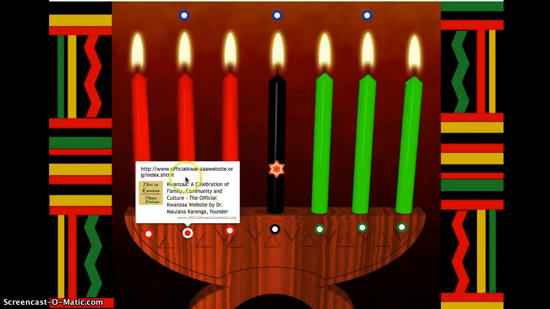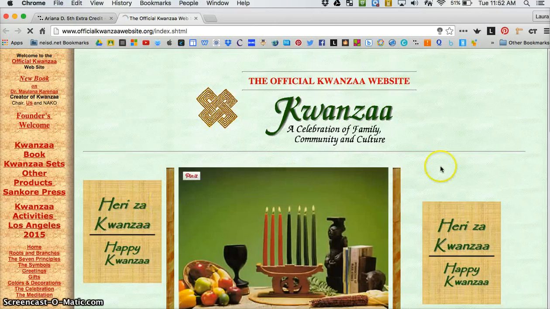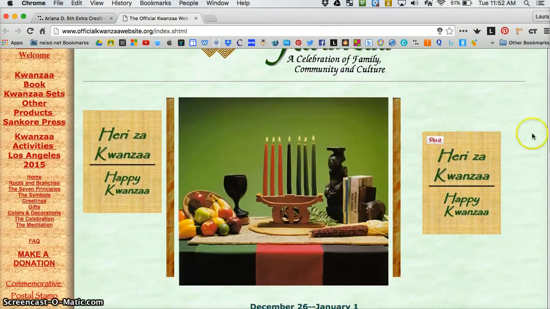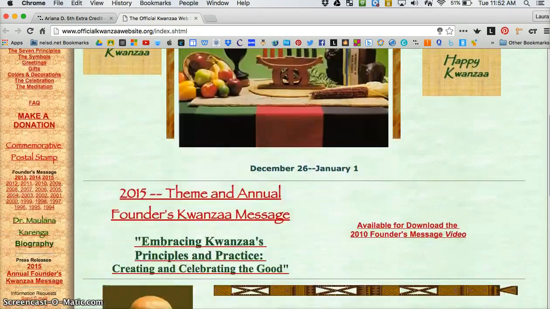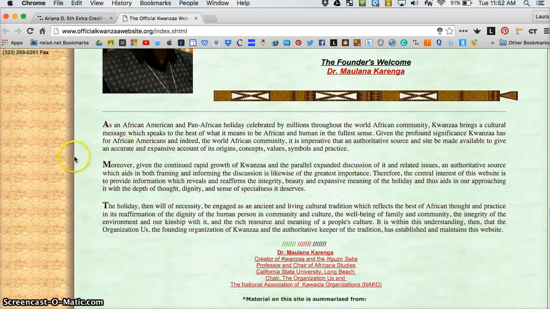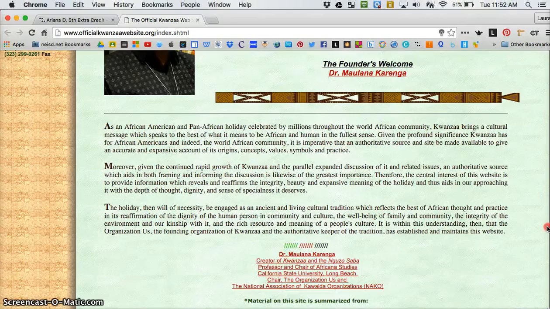Another thing I used was I put a site that I thought was really useful, because instead of me just talking about what the site was, I really just took the site and put it in. So if I clicked on it, I found a bunch of facts on the official website for Kwanzaa, and it has the menorah and all those things. Here we have the person who created Kwanzaa, which I had put in some of my facts. And then here were some more facts about what to eat, what the symbols are, things like that, and what the holiday celebrates overall.